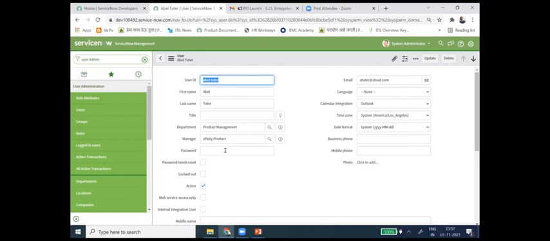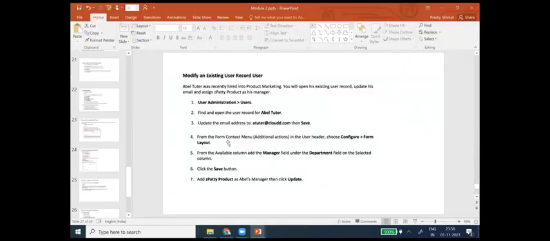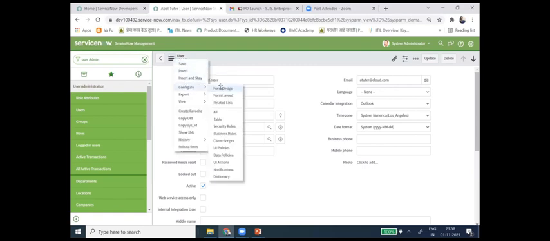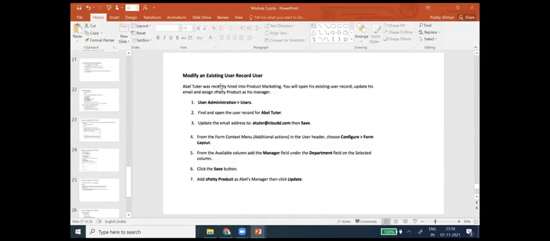Now I want to add something or remove something. So what I can do is go to the configure form layout from the form context menu, additional action, the user header information. If I go here, configure, form design,